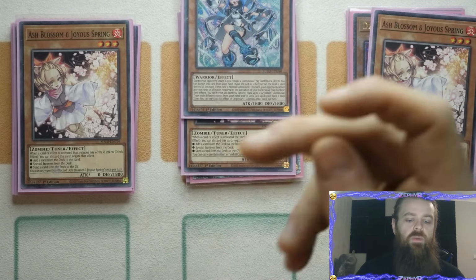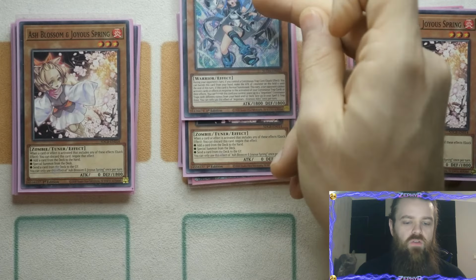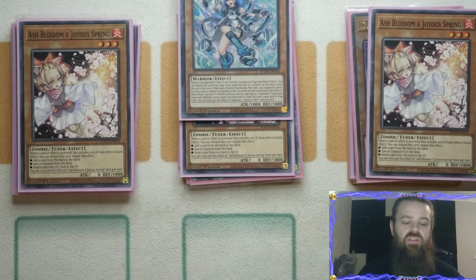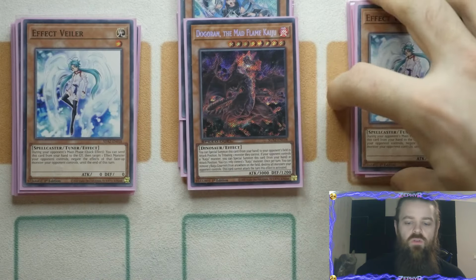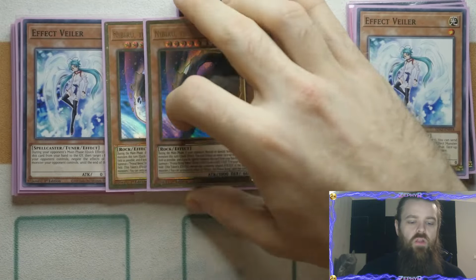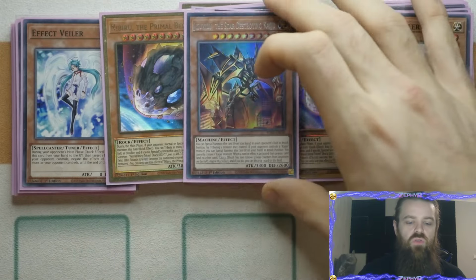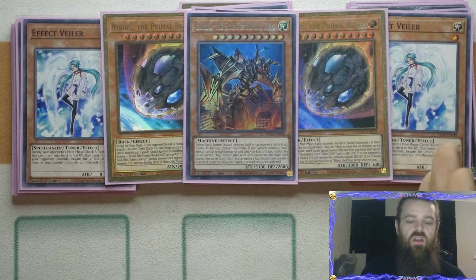So you would go for something like Effect Veiler, which can go into Ash, which can then go into Argostar, or you can go Argostar into Ash into any monster that is either a fire, Dogoran the Mad Flame Kaiju, or of course you can work it into an Effect Veiler. So we've got 2 Effect Veilers. You can also work your Effect Veilers into Nibiru, and you can also work your Nibiru into a Jizukiru the Kaiju. So of course board breaker, specific hand traps,